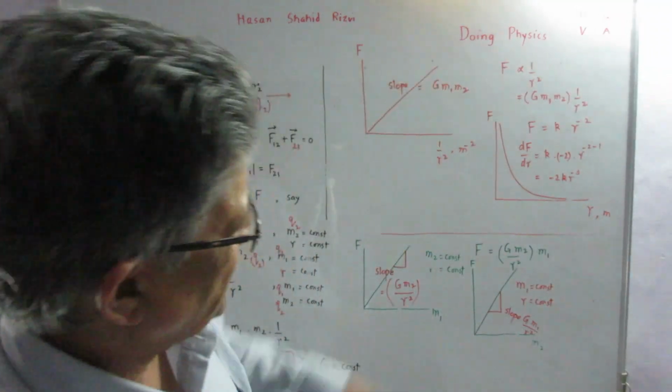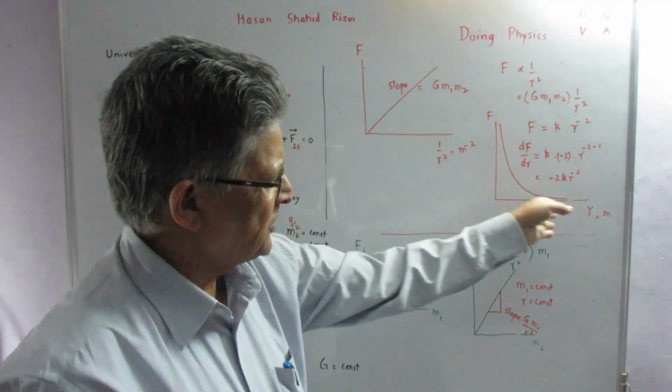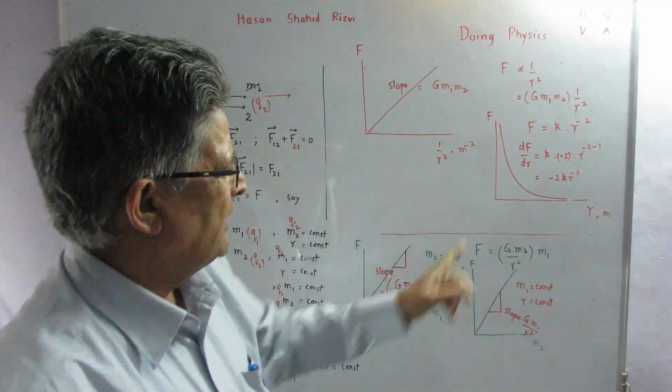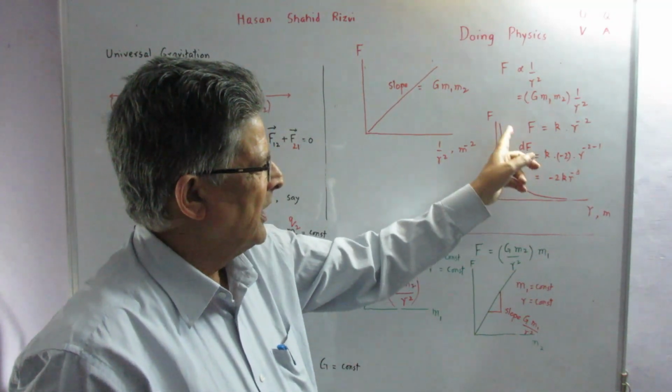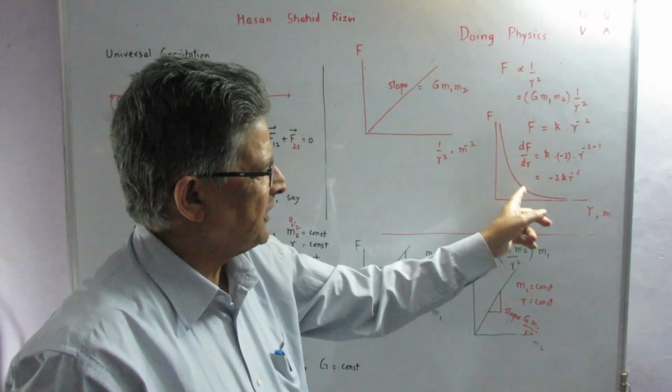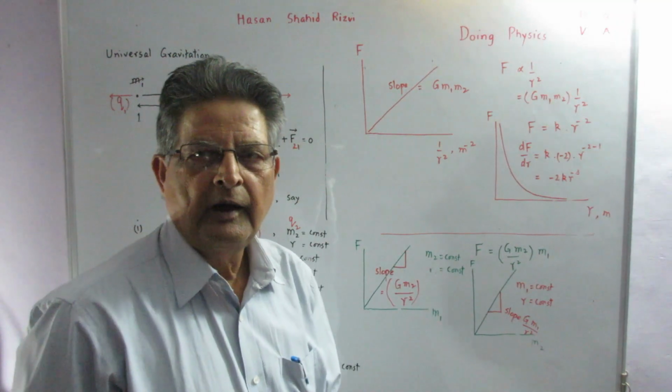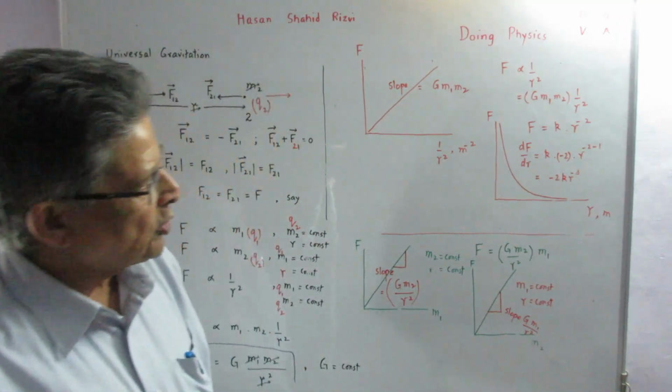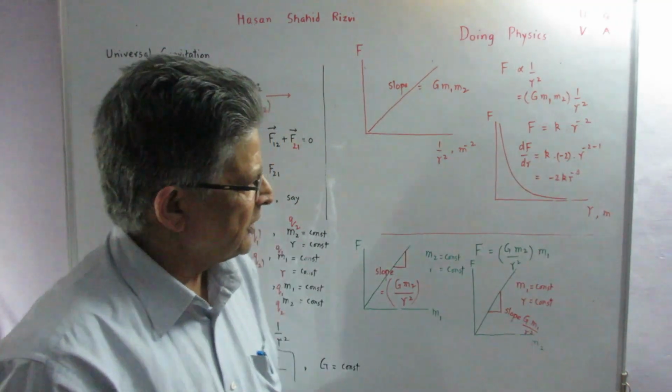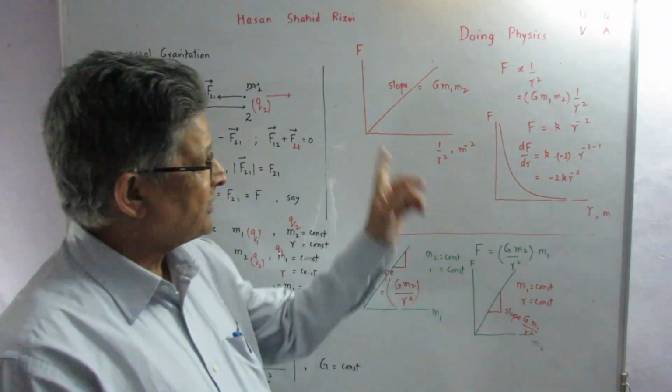So it is evident, just before our eyes, that the value of the slope keeps on decreasing until it finally vanishes asymptotically as the value of R is increased. So these are three things